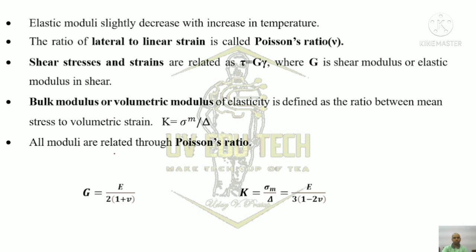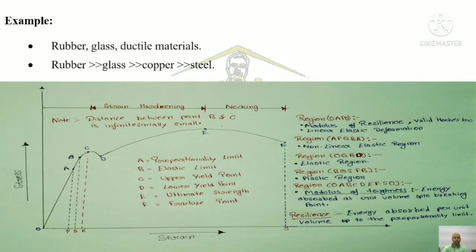In conclusion, all moduli are related to Poisson's ratio, which is given by G equals E divided by 2(1 plus V), and K equals sigma m upon delta, which is further equal to E divided by 3(1 minus 2V). Now, examples of elastic materials are rubber, glass, ductile materials, etc. Rubber is more elastic than glass, glass is more elastic than copper, and copper is more elastic than